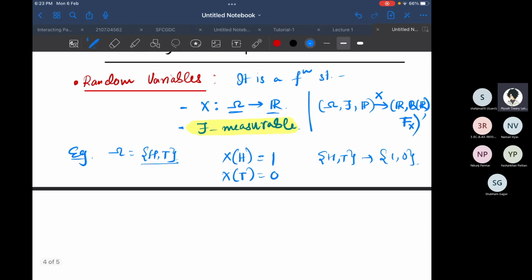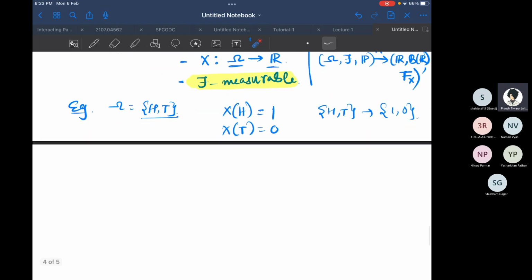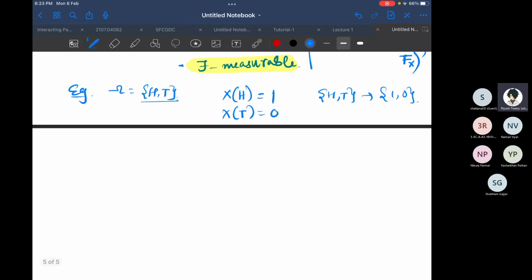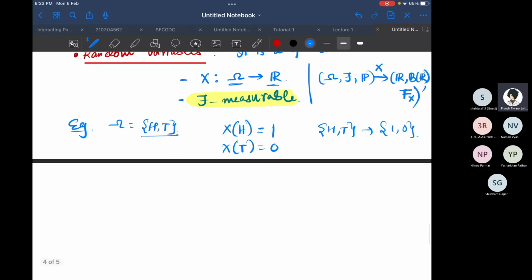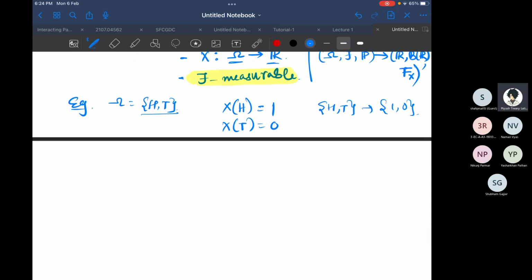So this is a random variable. It is a function. Remember that it is a function that maps the elements of omega to a real number, and it is F measurable. F measurability is something that you can either look up on your own, or it is not necessary for this. So I think we are done with random variables. So much theory to define a simple thing like this, but if you go in some depth, this has many complications to it.